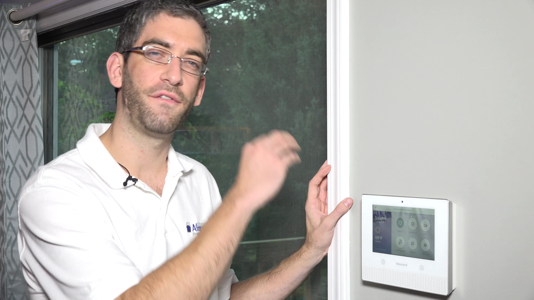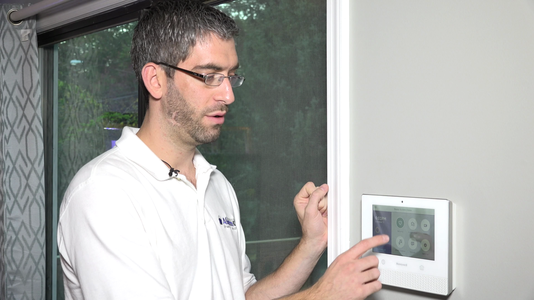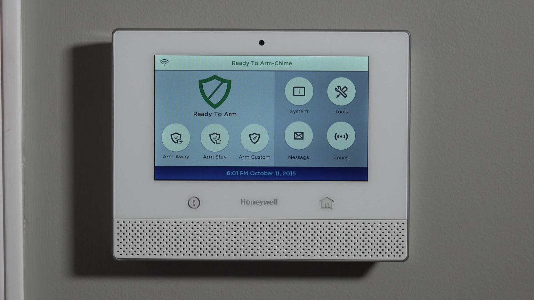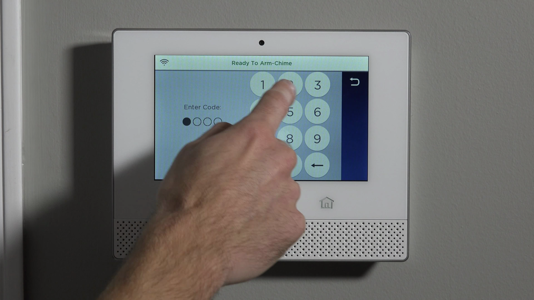All right, it's smart enough to grab the time from the server, but it needs to be told what time zone the system is in. And so if you're Pacific Standard Time and you want to change it so that this timing is not 3 hours in the future, you have to hit Security, Tools. You can go at this two ways: installer mode or master mode, master programming mode.